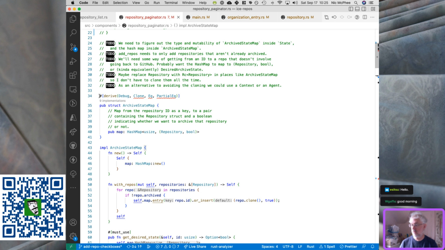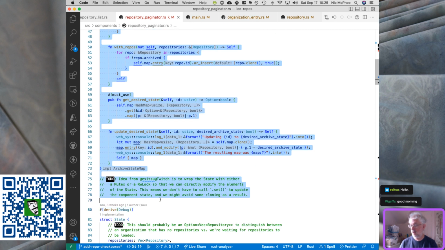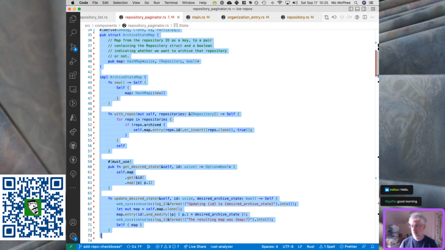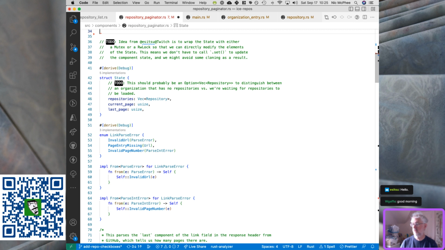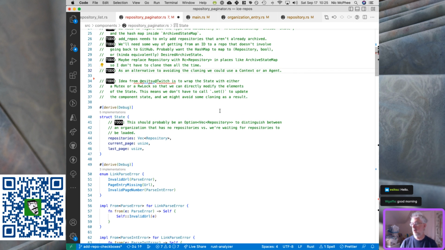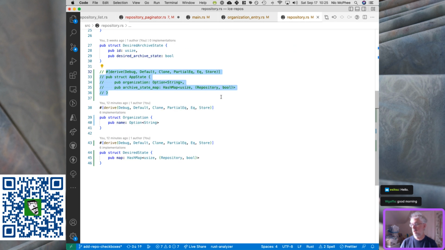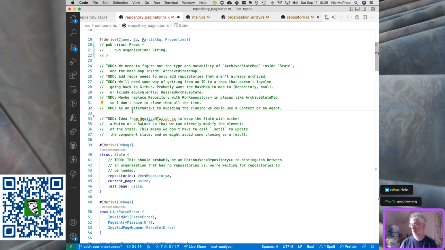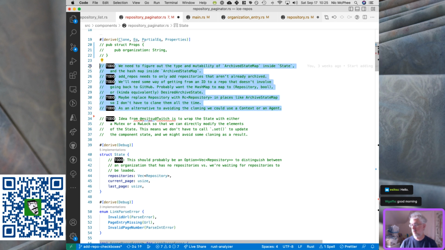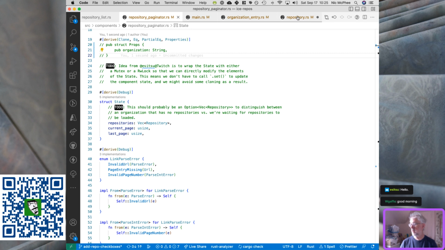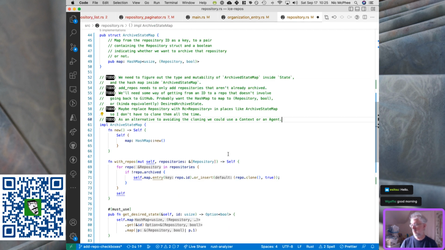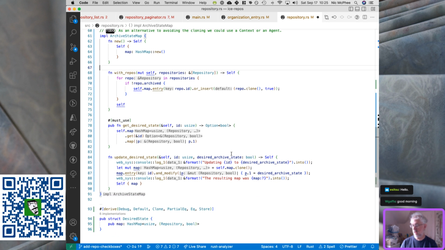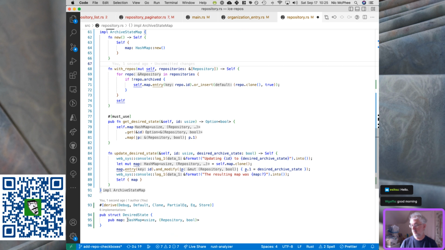So let's move all of you guys up. Undo. Cut, not just hit the space bar. And let's put you in here. And actually it looks like this big comment here probably was connected to all of that, so I probably ought to grab that and move that over here as well. A lot of this is about cloning and stuff, and it looks like the Yewdux may be resolving a lot of those comments, so I'll have to tidy that up. So desired state is going to be now the archive state map